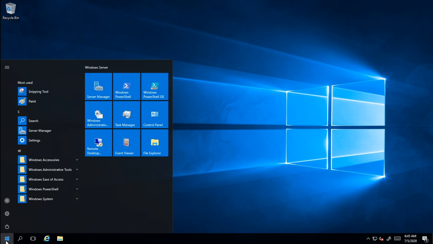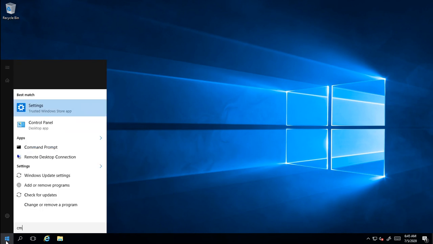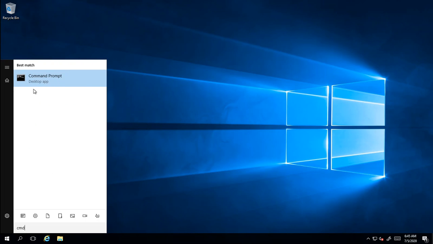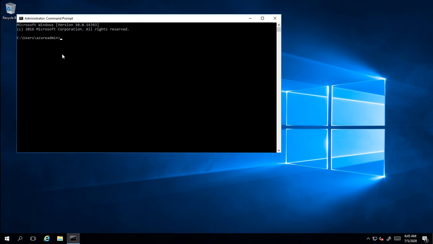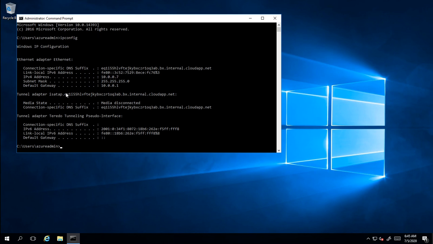Let's all go and click on the Start menu and type CMD, which will take us to the command prompt. Here in the command prompt, we're going to type ipconfig. This is going to show us our Windows IP configuration. Don't get scared by all the information that we received just now. Let's just concentrate on where to find our IP for now. We're going to be discussing all that information, how to understand it, in coming videos. Here we can see the IP address. My IP address at the moment is